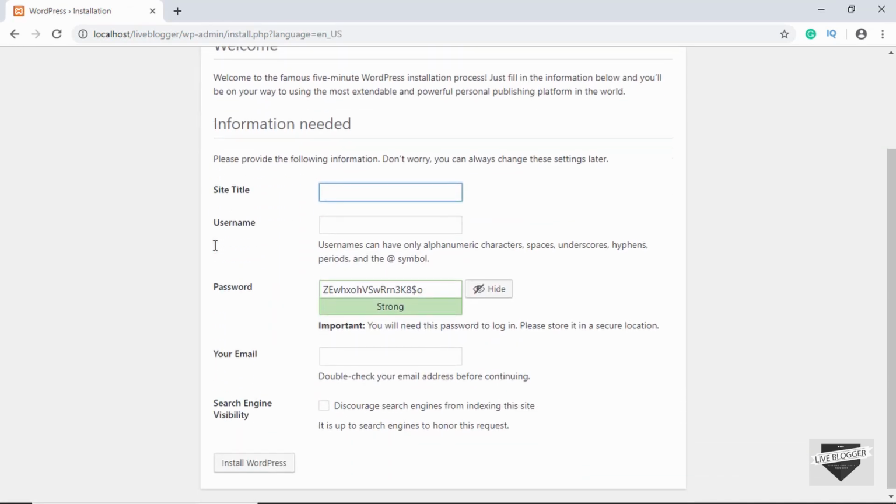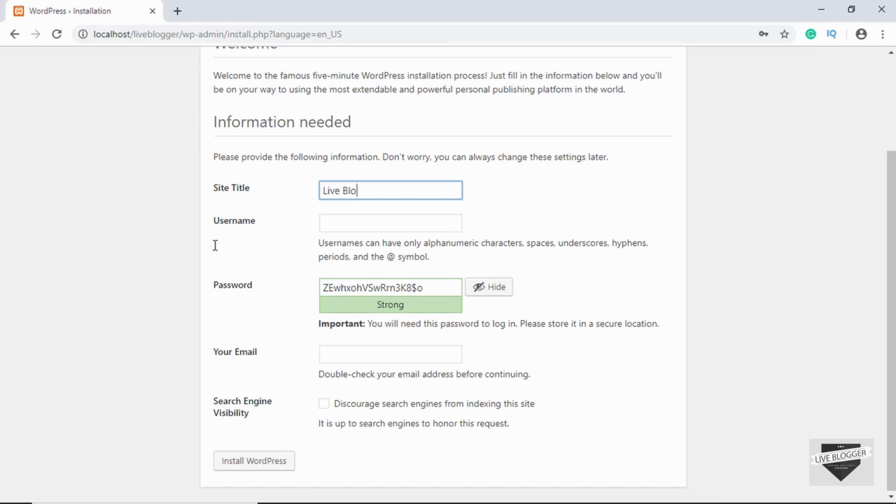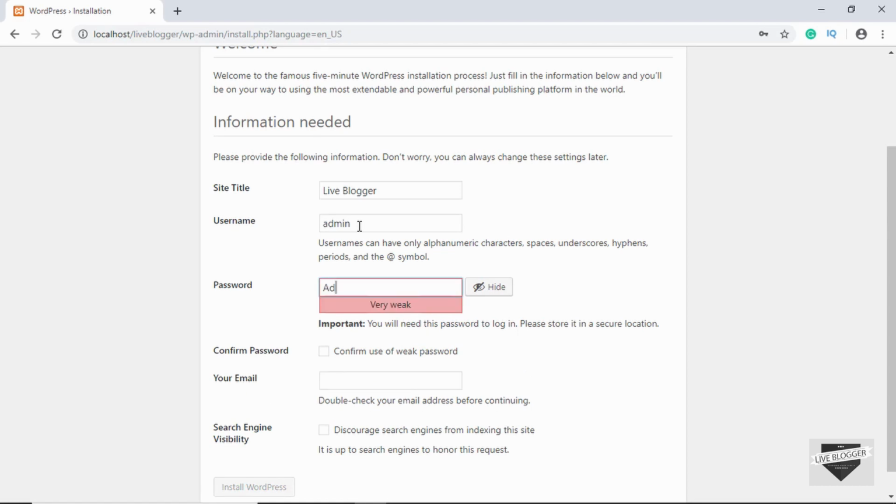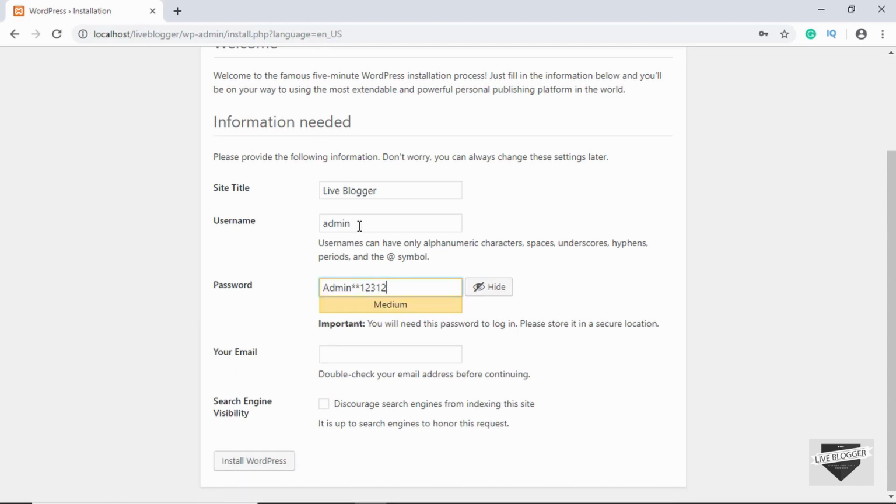And here you have to fill in some information. So the site title is liveblogger, and then you have to set the username and password for your website. So we'll set the username as admin, and for the password we will type admin123123, and make sure to remember this password because we'll be using this to log into our WordPress website. And then enter your email ID over here. So I'll just type a dummy email. Now click on install WordPress,